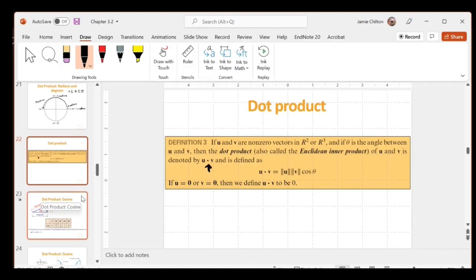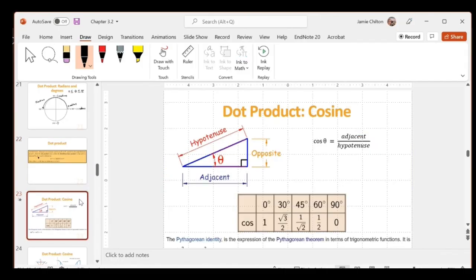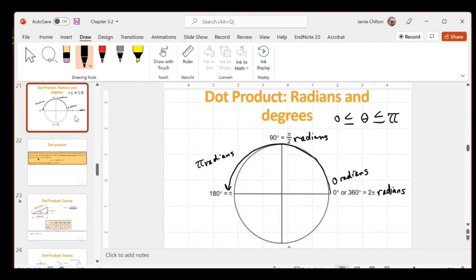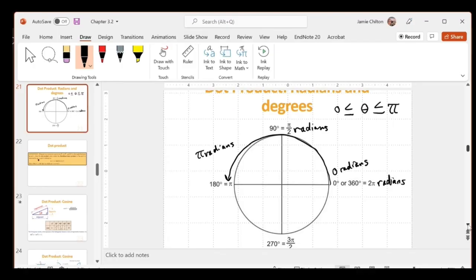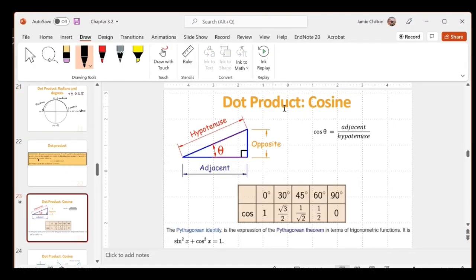One last slide that we'll look at here is not in the book, but I've added a couple extra slides for reference. So you might want to go ahead and bookmark some of these. Like this is extra, so you might want to remember how many degrees is equal to how many pi radians. The other one you might want to bookmark is this one, the dot product. You might want to know what the cosine of theta is